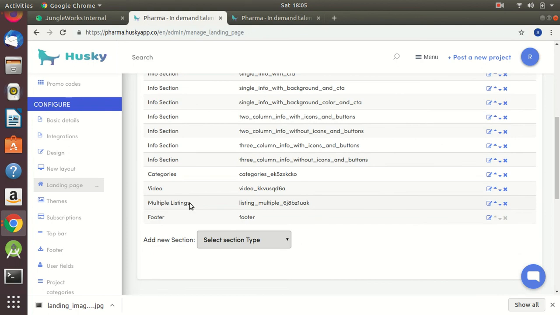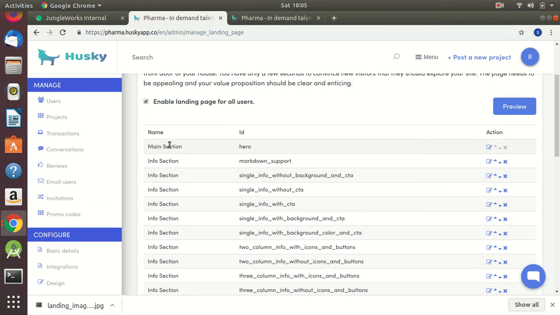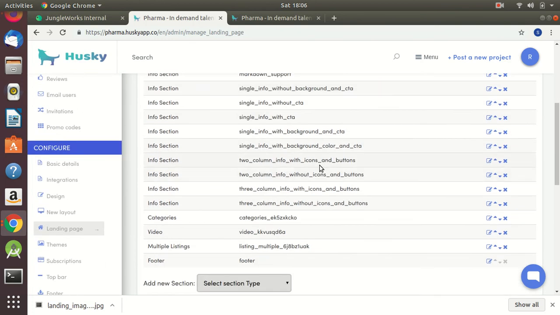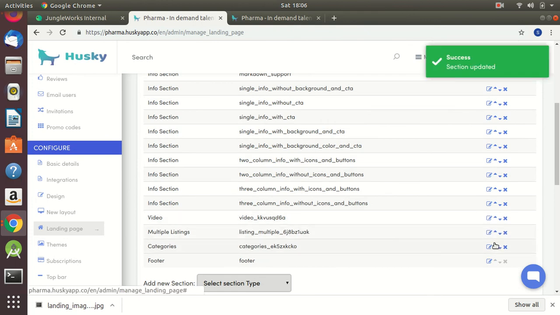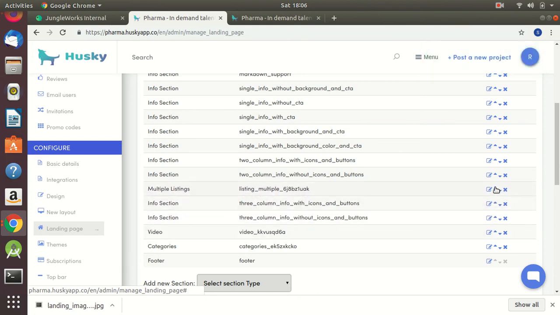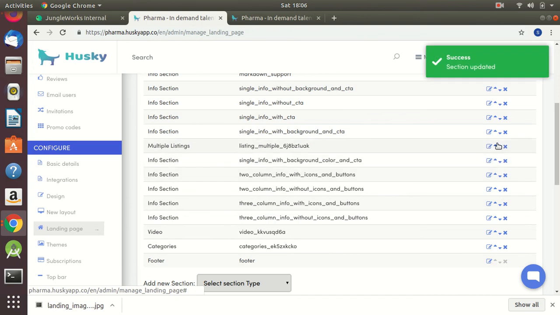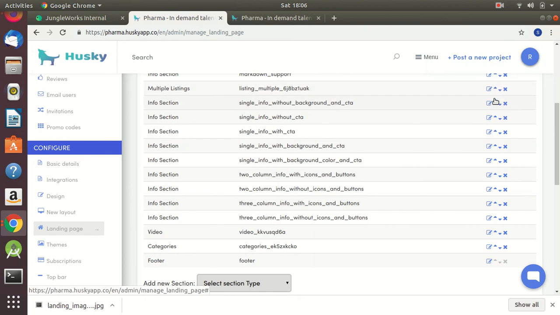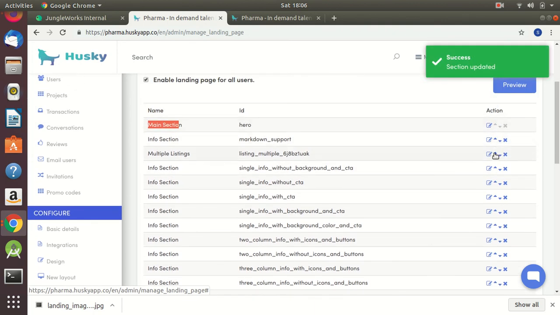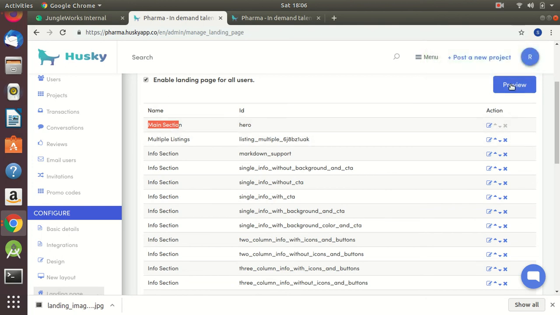So the admin has added this particular section, and if I want this section to be next to the main section, the admin can move it upwards from here. So this will be the next section.